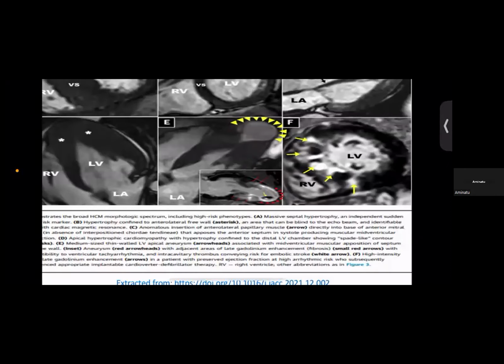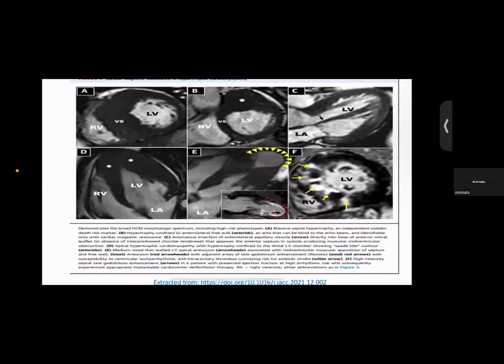areas of the hypertrophy. So in A, there's massive septal hypertrophy. And massive septal hypertrophy is an independent risk factor for sudden cardiac death. So we can see here, this is the ventricular septum, and this black area is quite massive. So it's an independent predictor of sudden death. Then in the second one, you can see this is the area of hypertrophy at the anterolateral free wall. Then